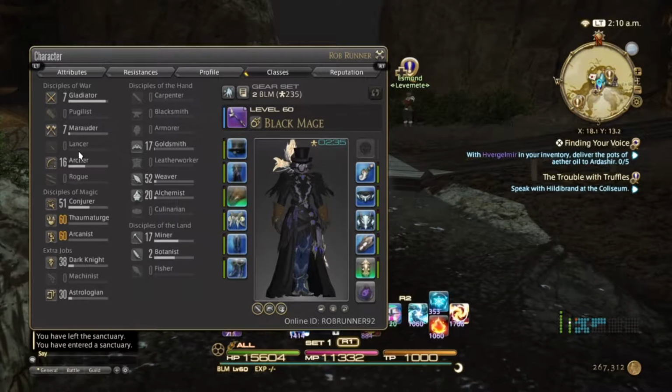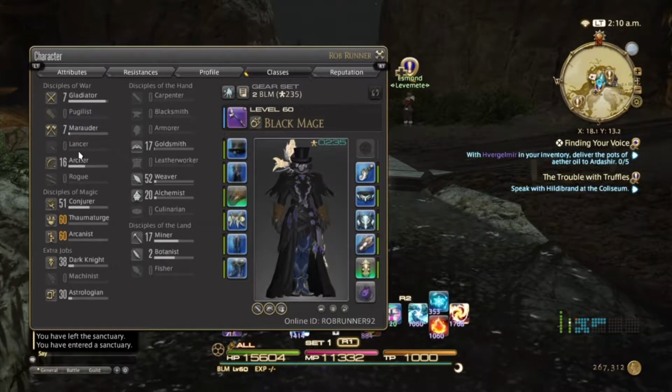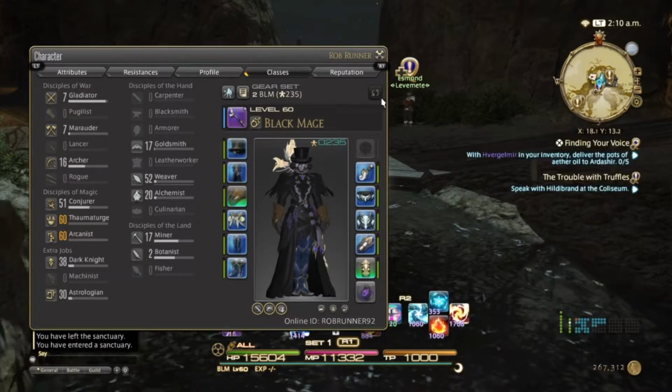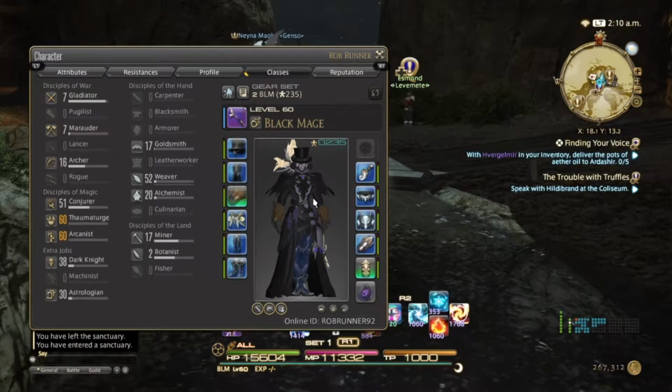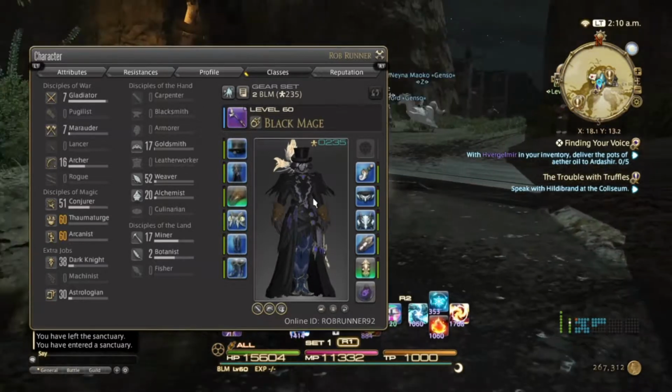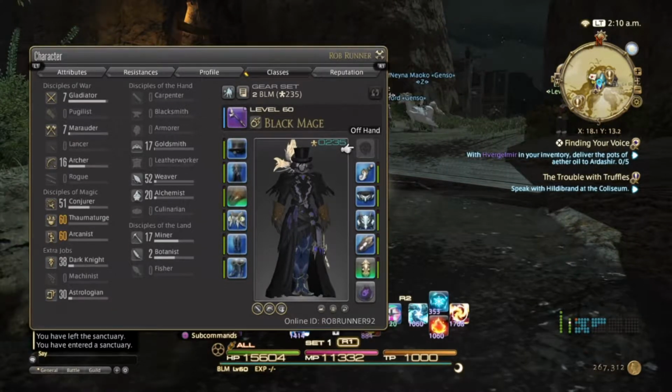The three major roles are DPS, which stands for damage per second. Black Mage is a DPS class. This is a damage class. Your goal is to do as much damage as possible, as fast as possible. Other classes would be like